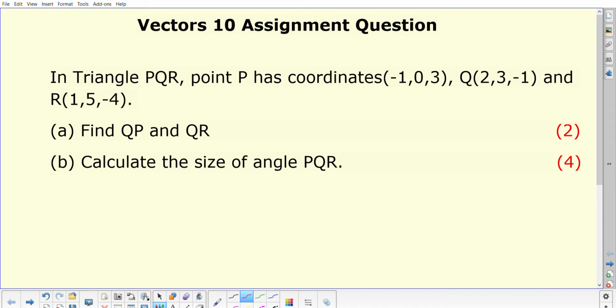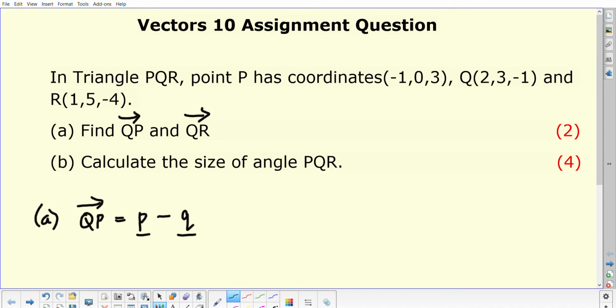So for this question, you were given the coordinates of 3 points. We've got triangle PQR, and you've been given the coordinates in 3 dimensions. You're being asked to find Q to P, there should really be an arrow above that, and Q to R. So we will write down that Q to P will be equal to position vector P minus the position vector